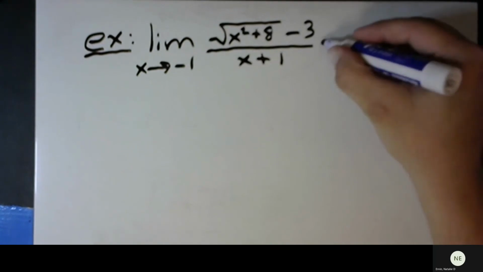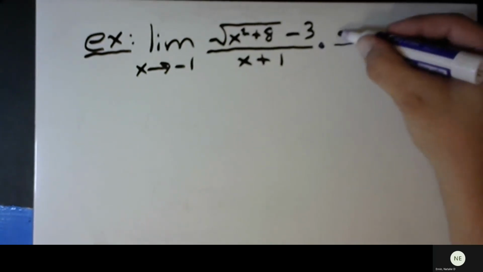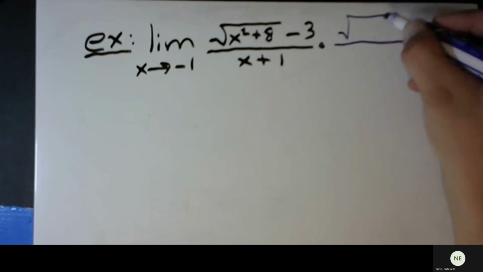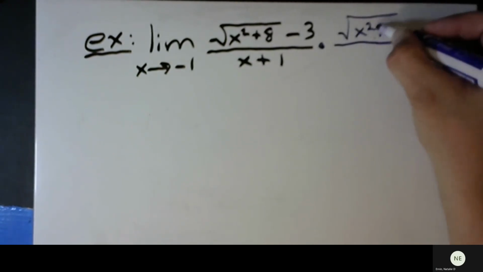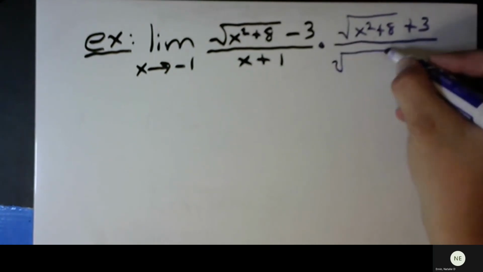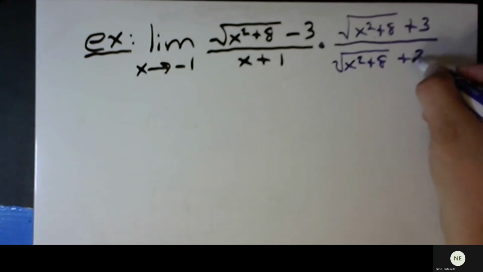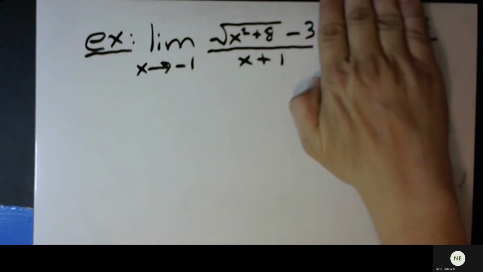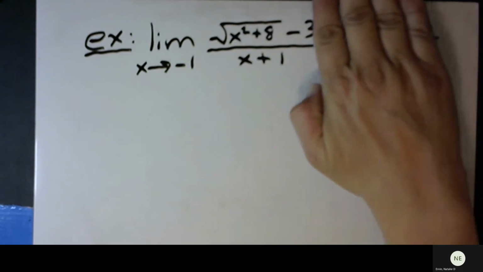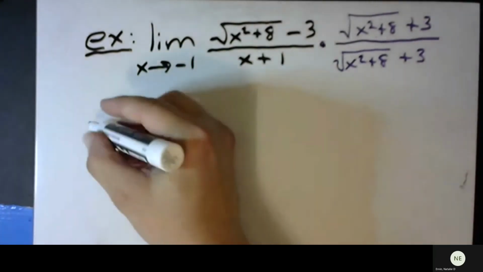That means we'll multiply top and bottom by the square root of x squared plus 8 plus 3, square root of x squared plus 8 plus 3. So the original problem is this. And to solve this problem, we're going to multiply by this. So when we do that,